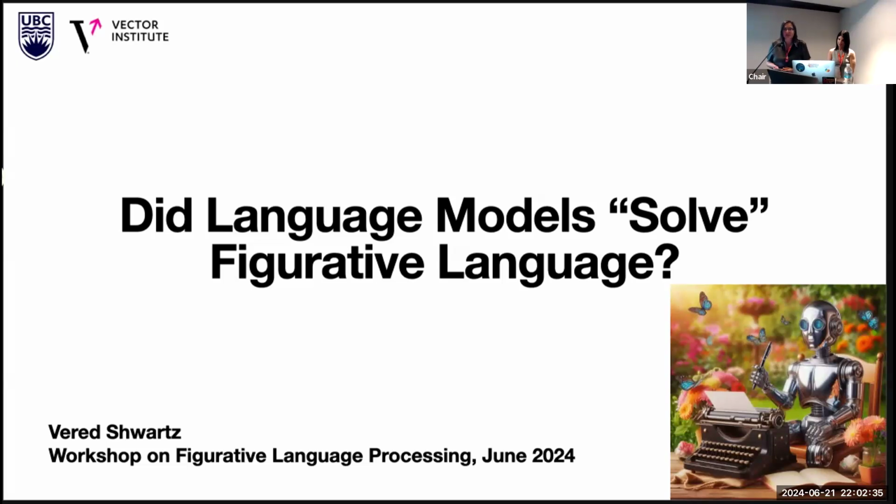She is an assistant professor at University of British Columbia in computer science. And she has been leading a lot of breakthrough research in common sense reasoning, semantics, pragmatics, multi-word expressions, and she has been doing a lot of work in figurative language. Before joining University of British Columbia, she was a postdoctoral researcher at Allen Institute for AI, and she obtained her PhD at Bar-Ilan University. Her work has been recognized by several awards, and I'm going to mention some of them.